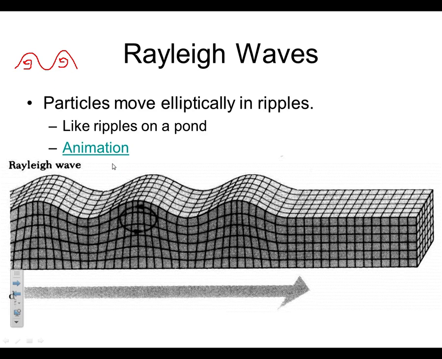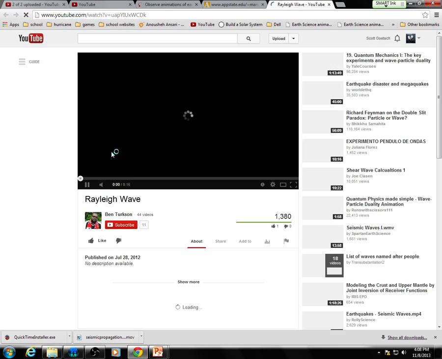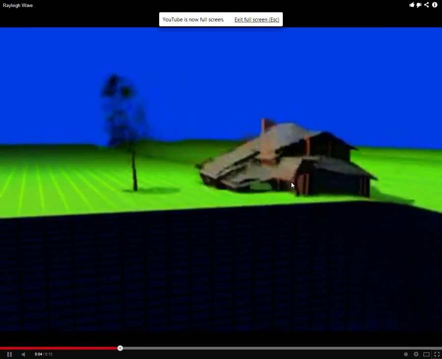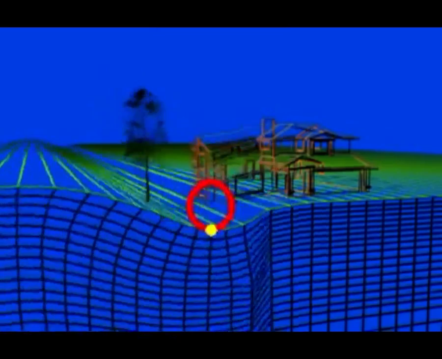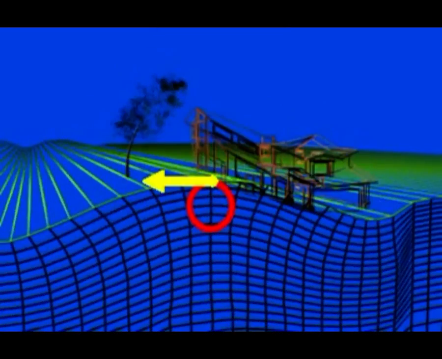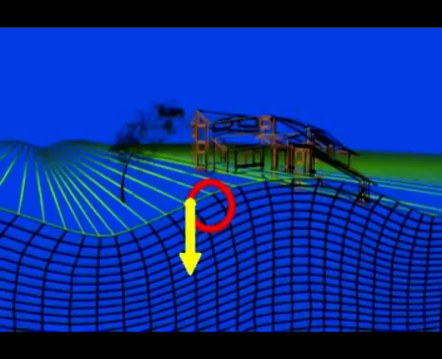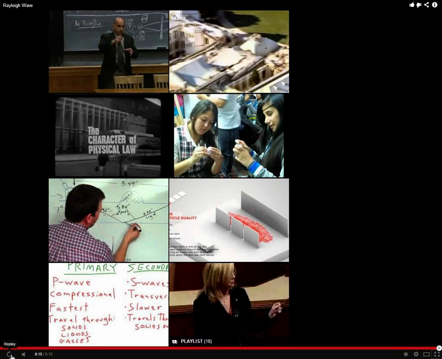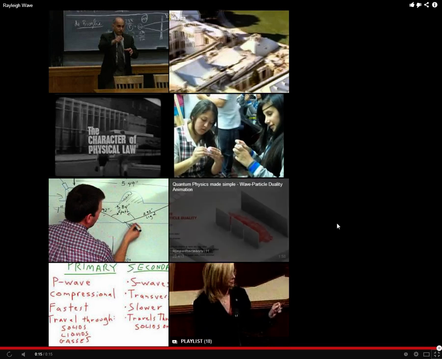And we can look at the animation again to reinforce why they don't like it. As Rayleigh waves travel in backward rotating circles, they cause the ground to accelerate through a vertical lift, a horizontal push, a vertical drop, and a horizontal push in the opposite direction. We can show that again, and as you see it again, it's that backwards motion.